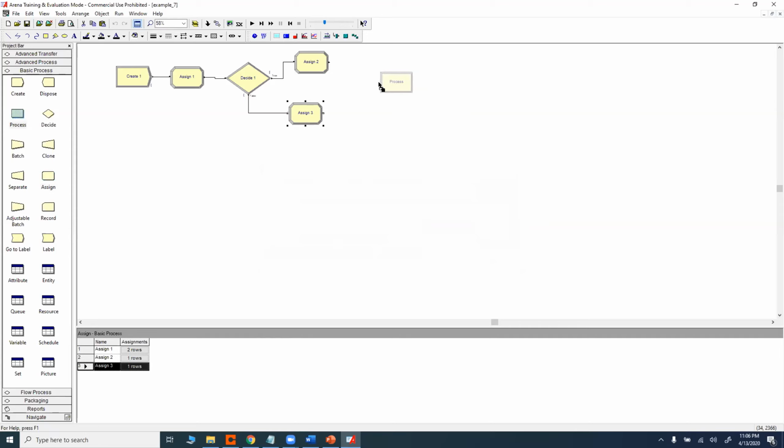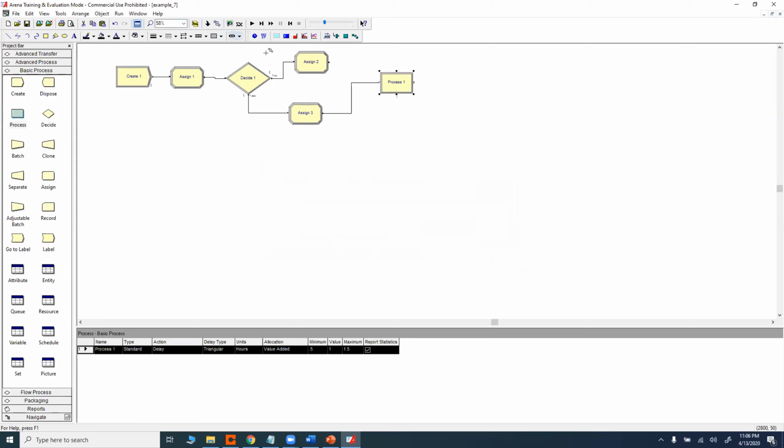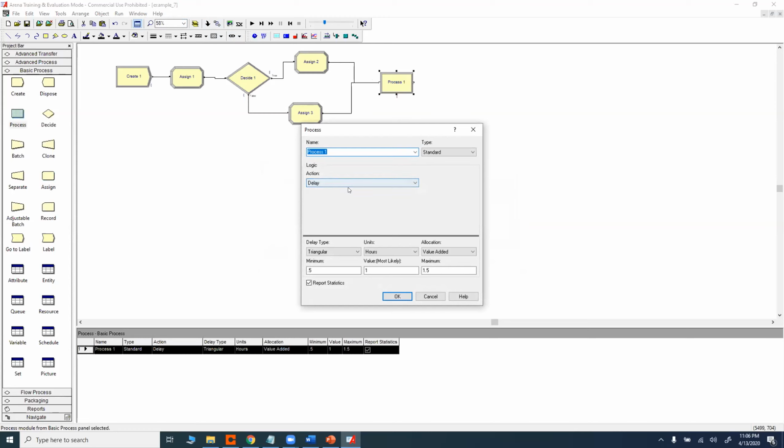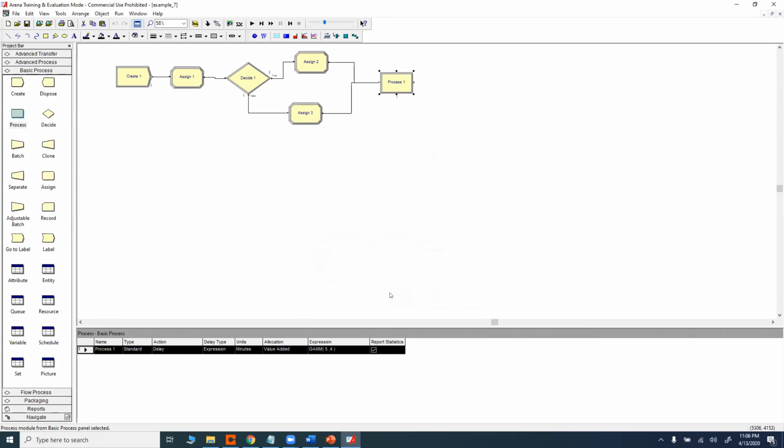And I can use a process block here, let me see, use it as a delay. And this is going to be a gamma distribution in minutes that is going to be using 5 as the beta value, and alpha is going to be 4. Okay, so from there,